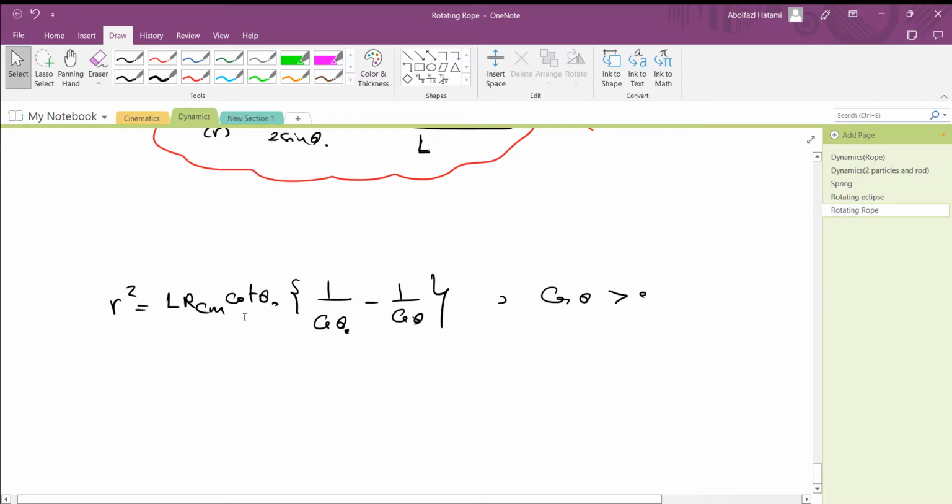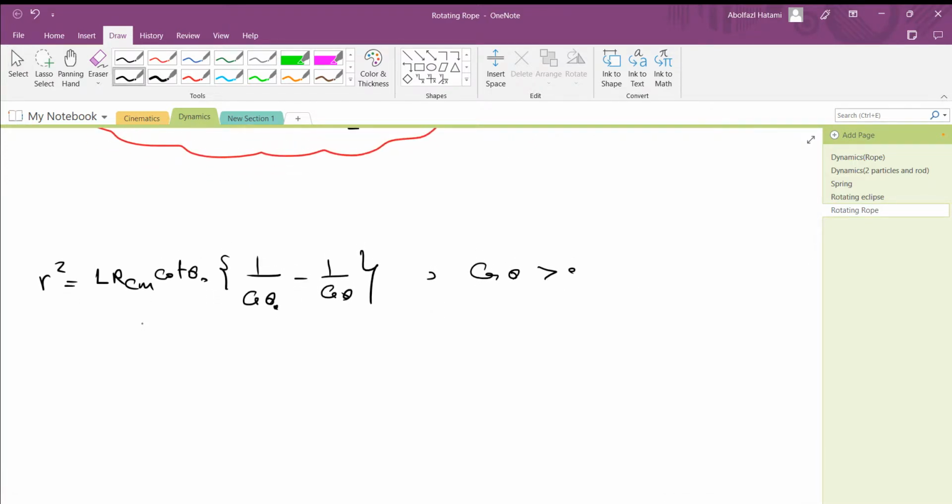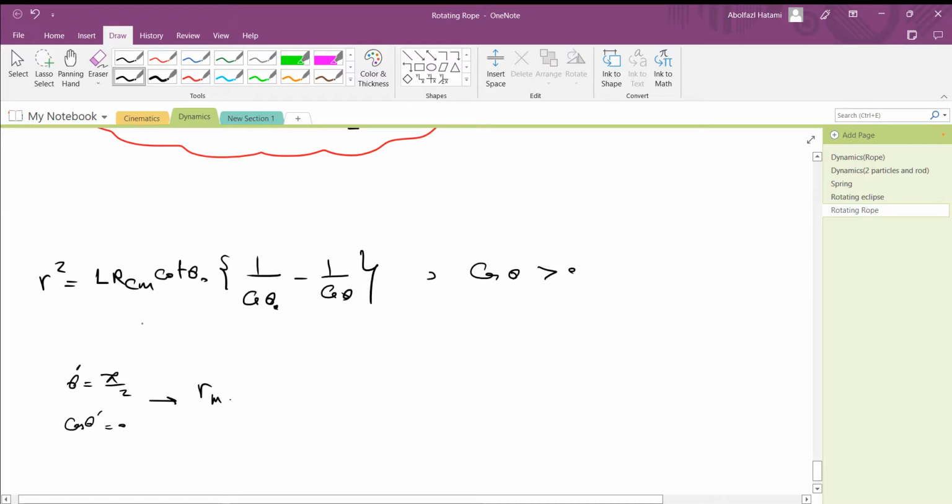So if we want R to be a maximum, we will have to take theta equals pi over 2, let me call it theta prime. When we do this, cosine of theta prime is going to be 0, so R max squared is going to be